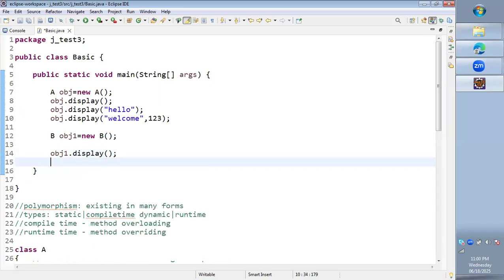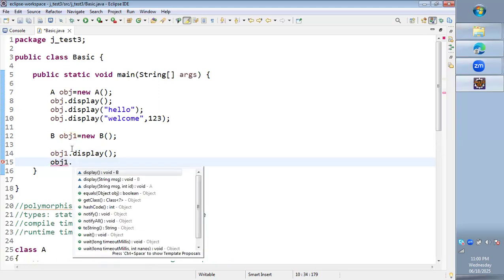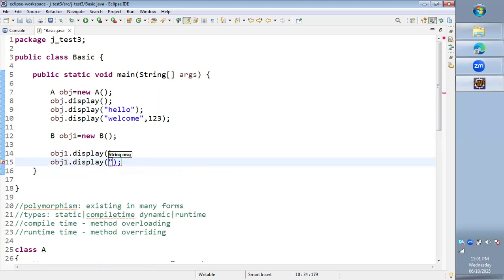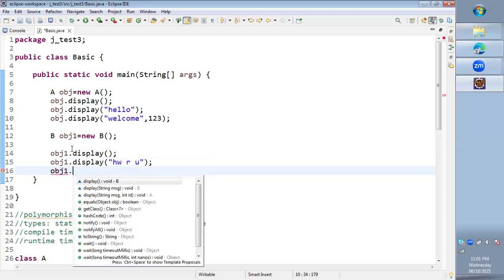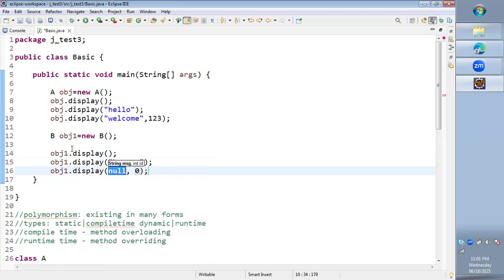Then again obj1 dot, I will be calling the second display with string message how are you, and then I will again be calling obj1 dot the third display with string message hey, and then the integer 1 2 3 4. So now if I execute, you can see,